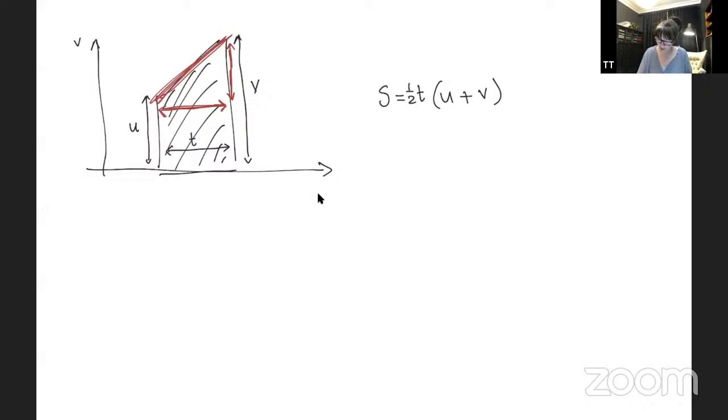Yeah, a equals v minus u, change in y, divided by change in x. Rearranges to, there we go,